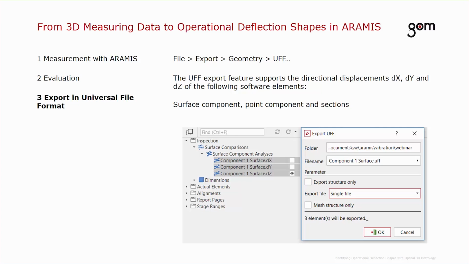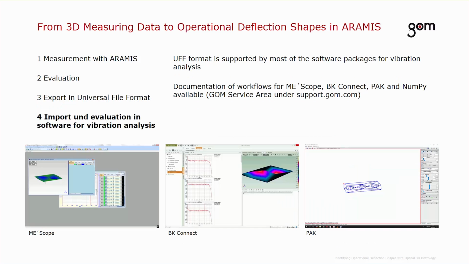We have this export feature directly in the software, and it supports all directional displacements, so the dx, dy, and dz of any of the following software elements: surface components, point components, and sections. After that, we can import this UFF file into basically any of the vibration analysis tools